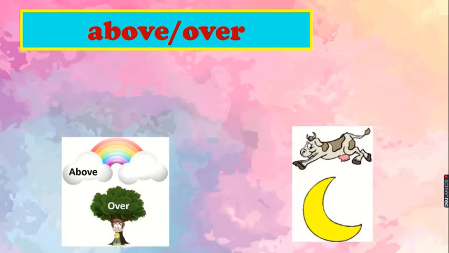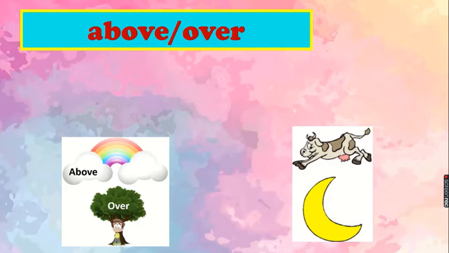Above or over. So we can either say above, we can also say over. Actually, over is a preposition for movement, but we can also describe, it's another kind of preposition. But this time we're focusing on prepositions of places. We can say both, above or over. Now,